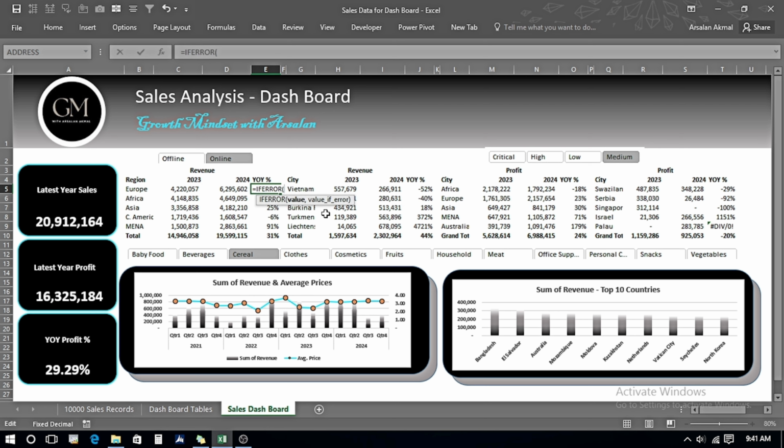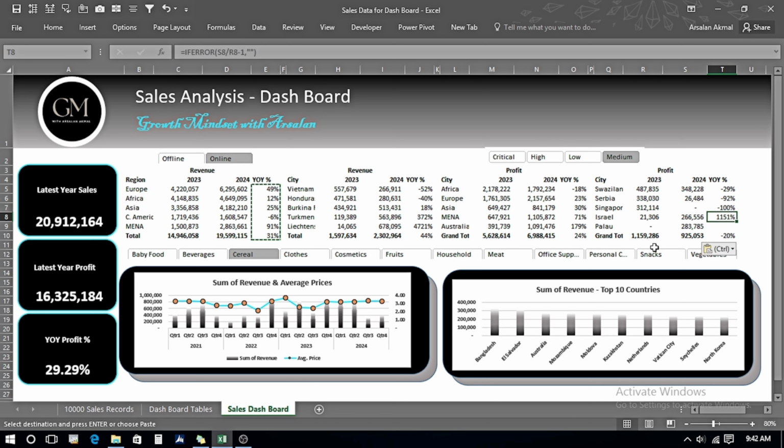And what I cut, I will paste by pressing Ctrl V. Now if there is going to be an error, I will put two inverted commas and it is going to be a blank cell. I close it and press enter and I just copy and paste it down, and again copy and paste it to all of my year-on-year percentage column.